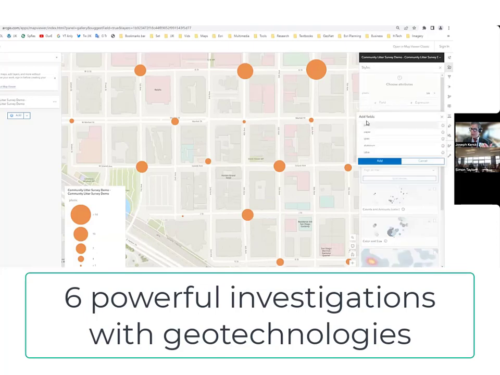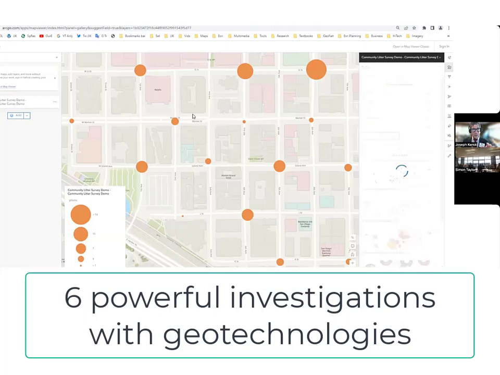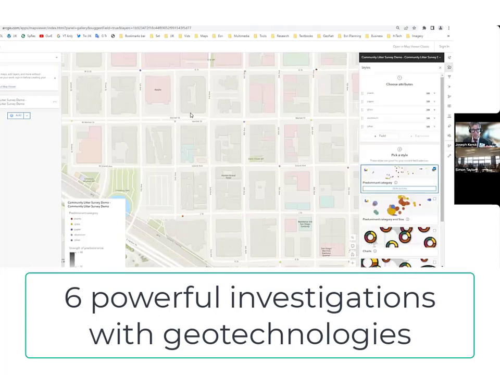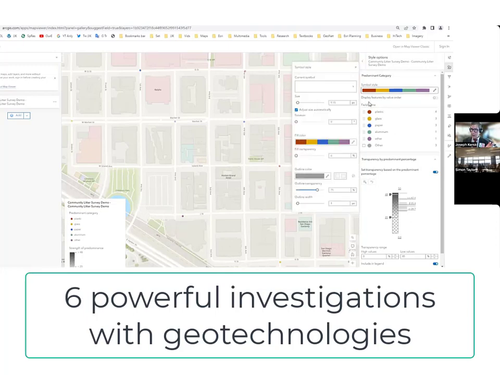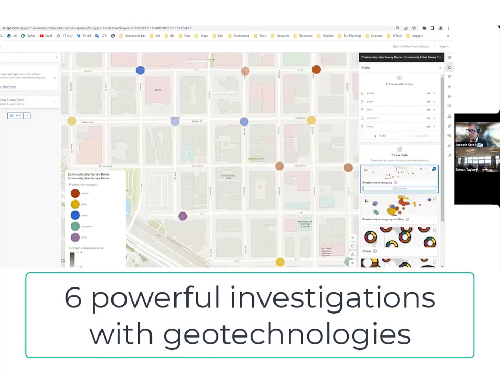Okay, so now I'm going to add every single one of these attributes. Now it's going to say I can't map all those as graduated circles. I'm going to map them as predominant. What type of litter is predominant there? Okay, that's probably hard for you to see in the back of the room, so I'm going to bump up the size. I've got full capabilities here to change any of these symbols that I want. That's still too small for those of you in the back. Let's bump that up a little bit. Okay, that looks good. I'm going to say done here and done.